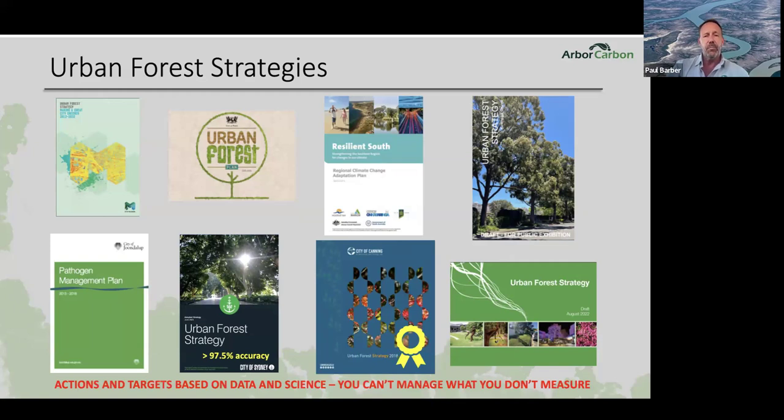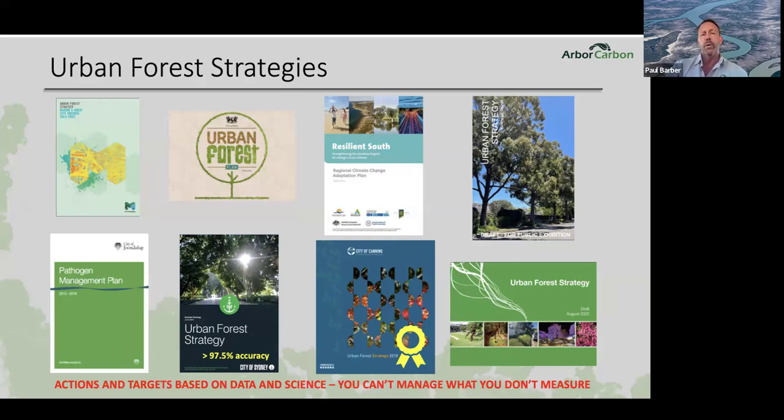We started writing strategies in 2018. We developed the City of Canning's urban forest strategy. They have one of the lowest canopy covers of all the Perth LGAs. We won the state award for that one. And then we went on to write a bunch of other strategies for various clients in New South Wales, so Koringal, Lane Cove and others. And more recently, we've been writing strategies for Kwinana, Rockingham, Melville, and several others. So it's a really core part of what we do.